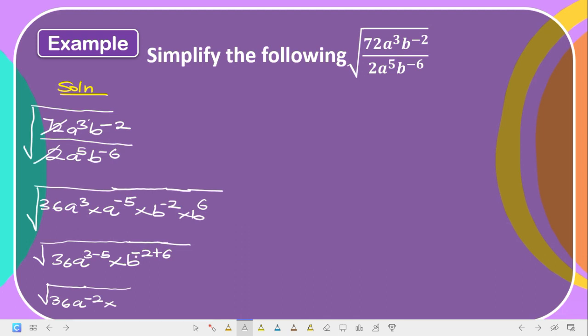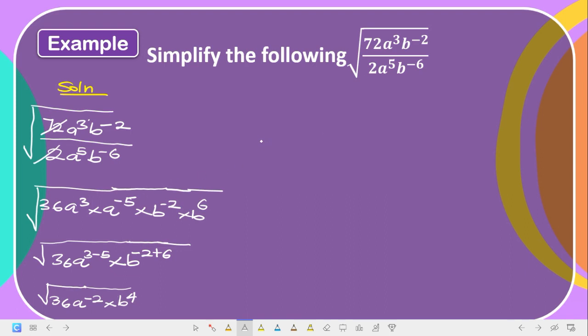So, whenever you are subtracting a small number from a bigger number, it's just like 6 minus 2. Do you get it now? Minus 2 plus 6 is like 6 minus 2. Is that clear? Minus 6 plus 2 is just like plus 6 minus 2, so minus 6 plus 2 is what? I mean plus 2, 6 minus 2 is 4. So this is b raised to the power of 4. I believe that is clear enough.